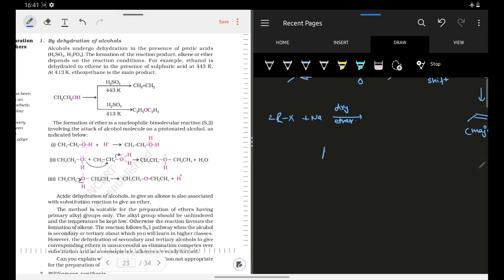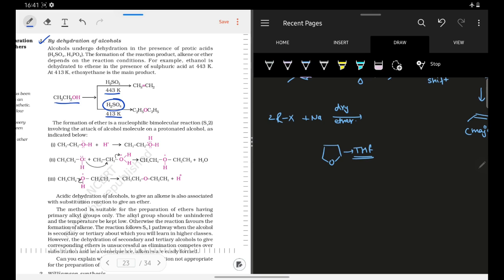Somewhere you might have also seen this compound. This is THF, right? THF is also regularly used as a solvent. So these are quite frequently used as solvents, but here we are focused on how we synthesize these ethers. Here I have this 1 degree alcohol, and I have treated it with H2SO4 at 2 different temperatures, a lower temperature and a higher temperature. I know that elimination reactions of alcohol take place in acidic medium when we heat that alcohol.